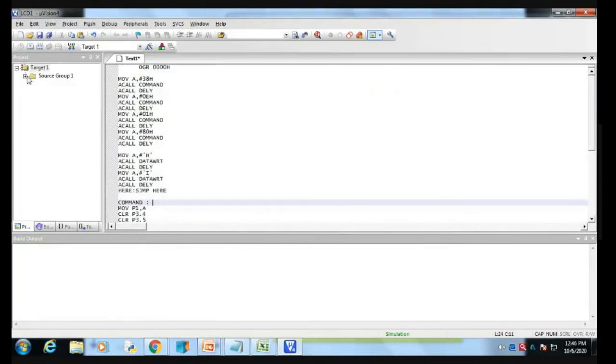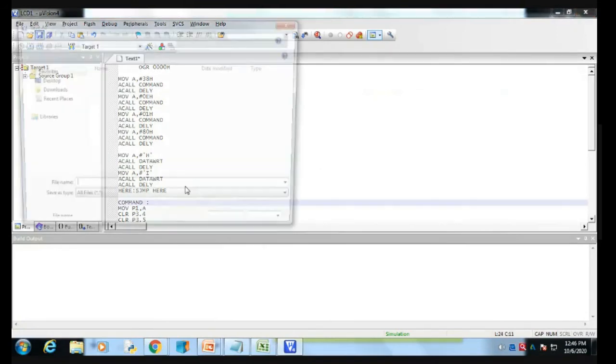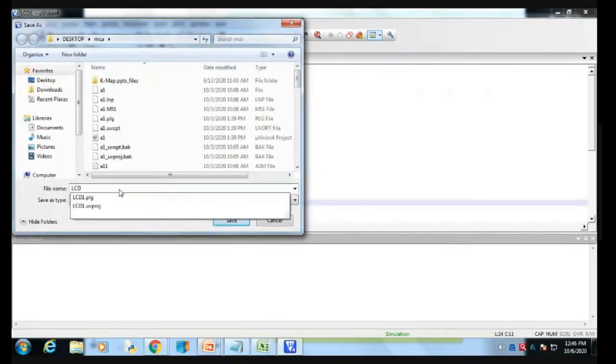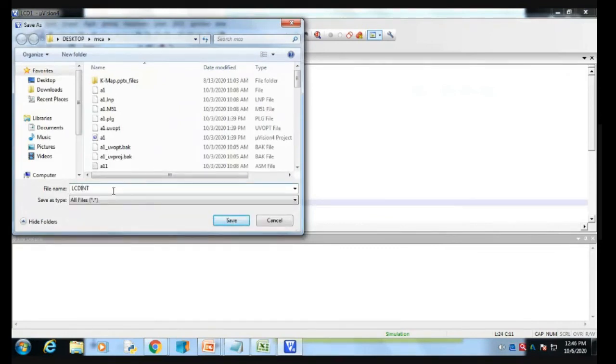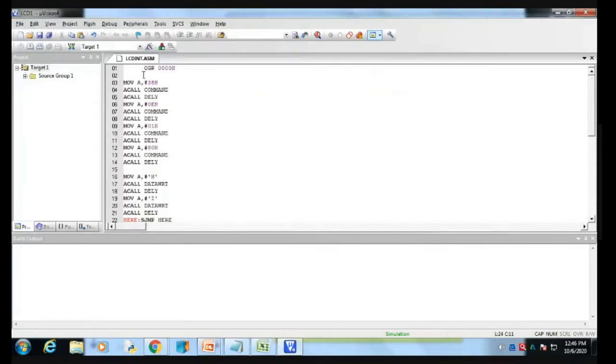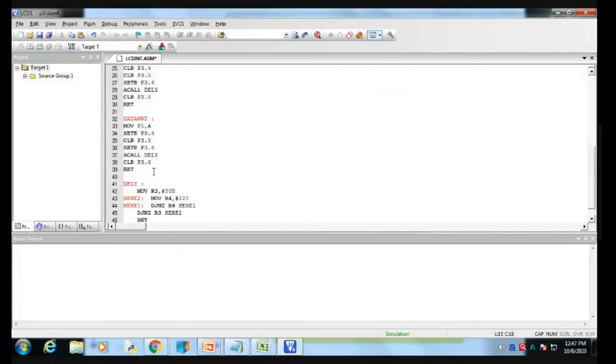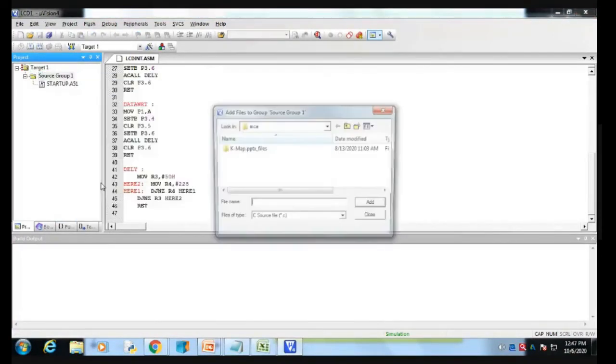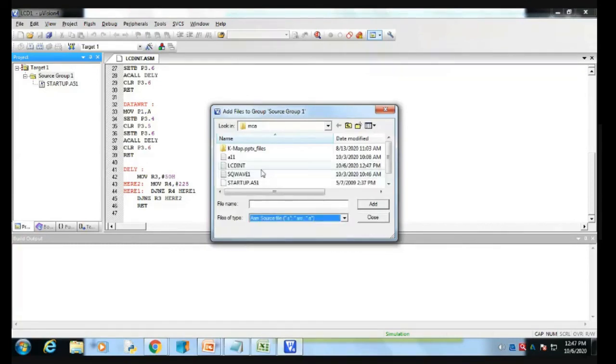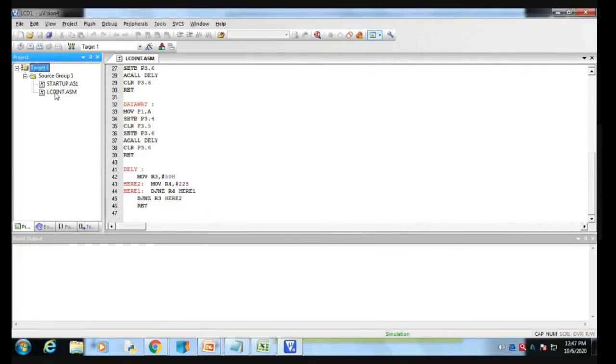Okay, so I'm going to save this program as LCDINT.ASM, add it into my source group, add and close.